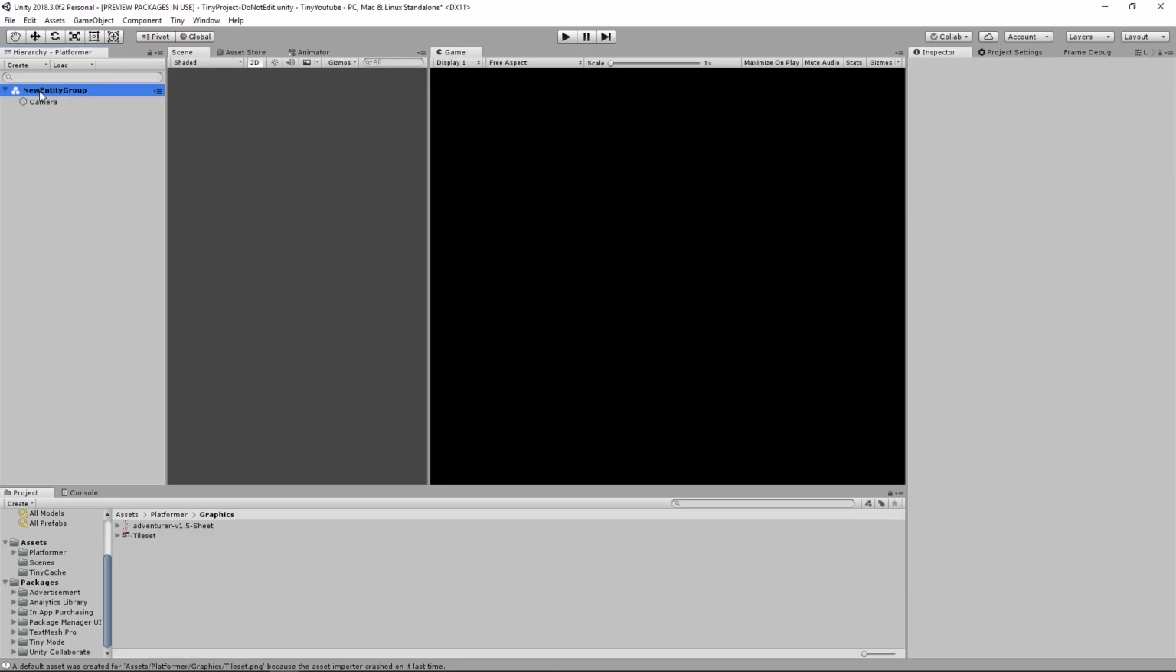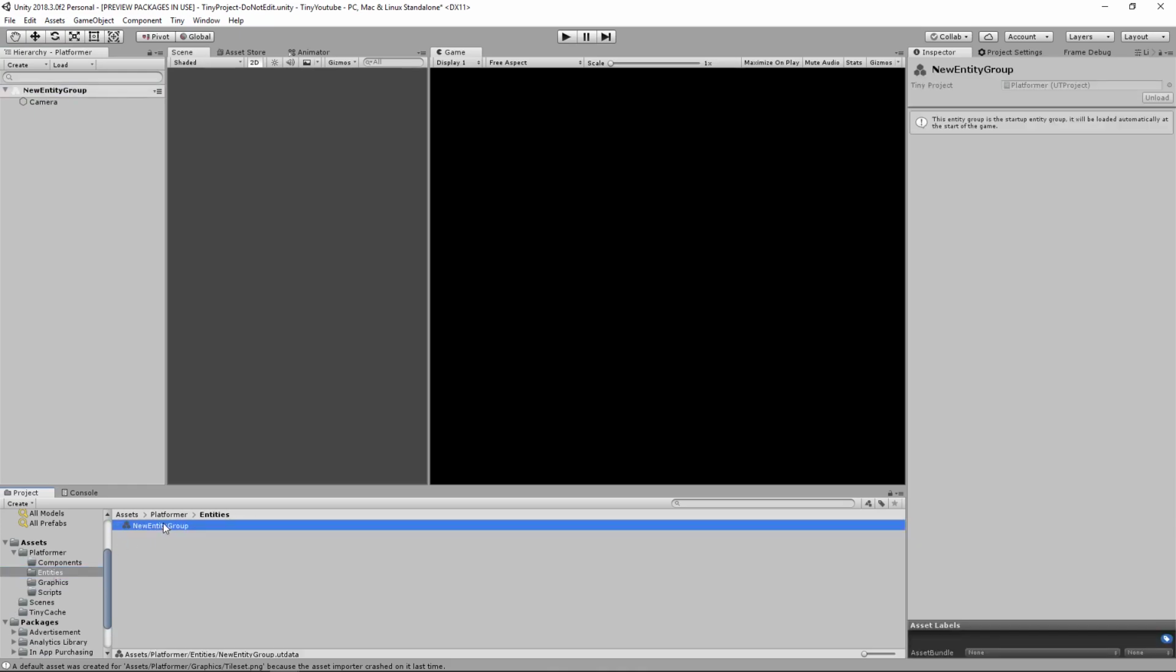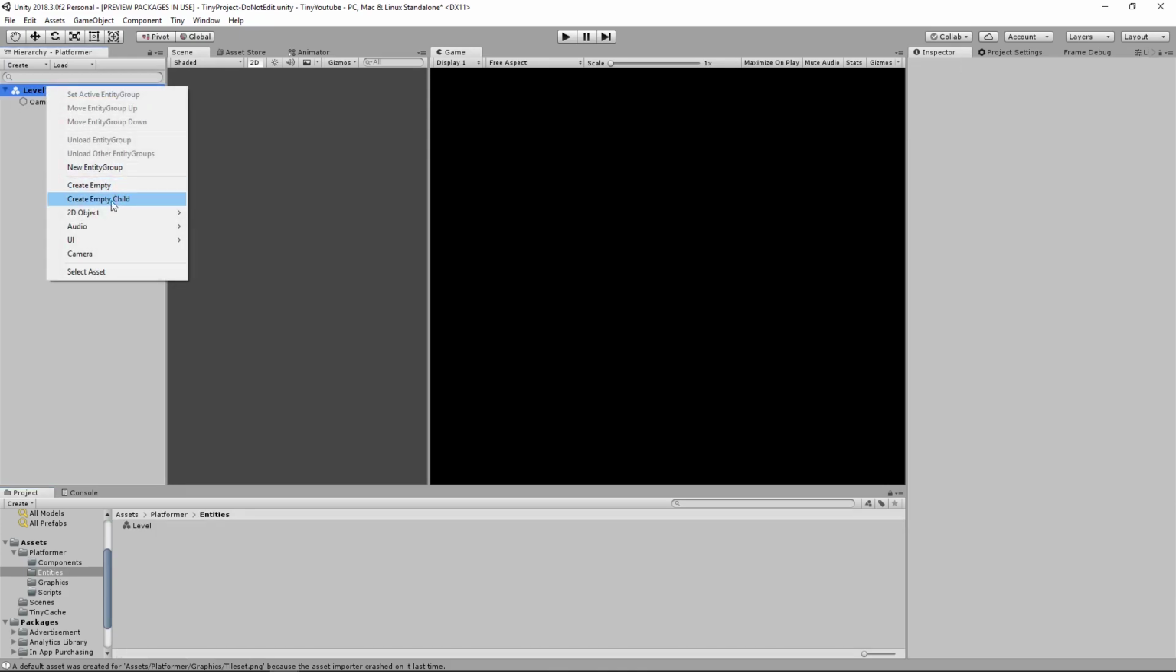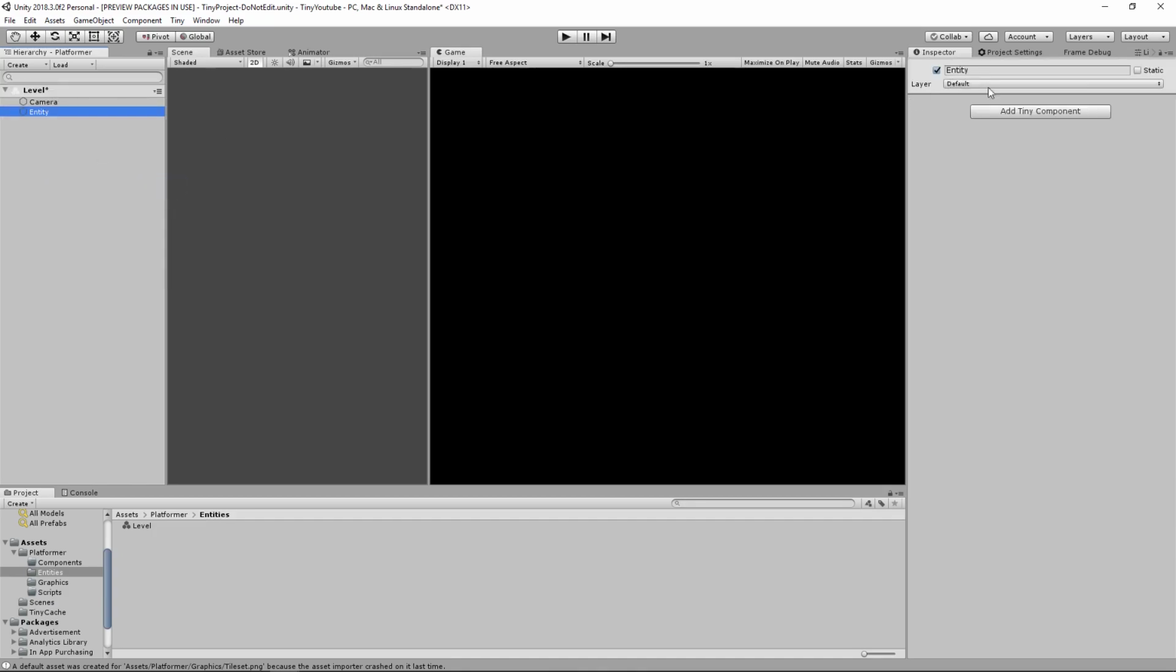Now we will go to our new entity group. We'll rename the entity group in our platformer file by going to Entities and New Entity Group. We'll call it Level. And then on our level, right click, create empty, and on this empty object, we'll call it Tilemap Platform. Then we'll add a tiny component for a transform node,